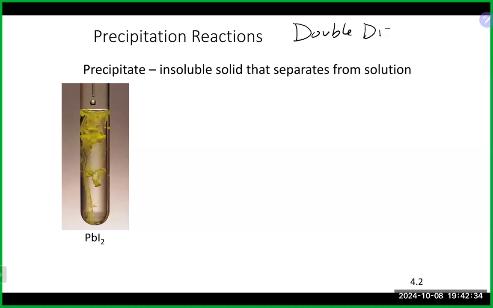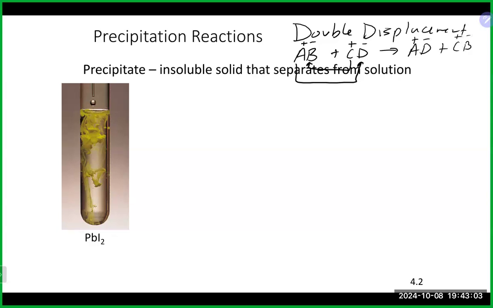Okay, so we talked about double displacement reactions as a big category, and again, a more specific way of classifying a double displacement reaction, as I mentioned earlier, is a precipitation reaction. And again, no matter how you classify it, double displacement, precipitation reaction, or as we will see, acid-base reaction, the reaction is always the same. Positive guys switch partners. And we will make, again, 2 new ionic compounds on the other side. And in the case of a precipitation reaction, we will end up with a solid being formed